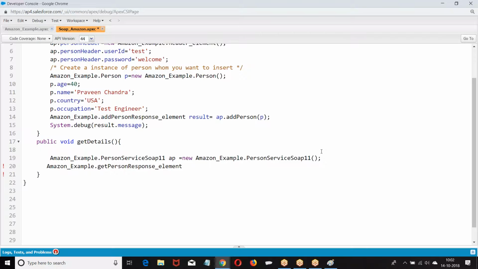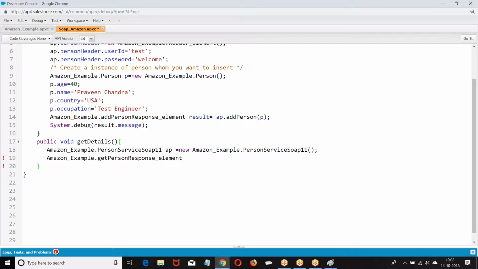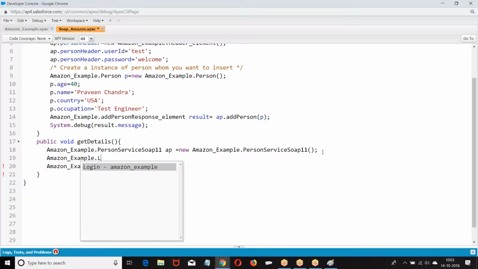Okay. Now what they are asking? They are asking the login data. How I was supposed to give the login data? Amazon example dot login.